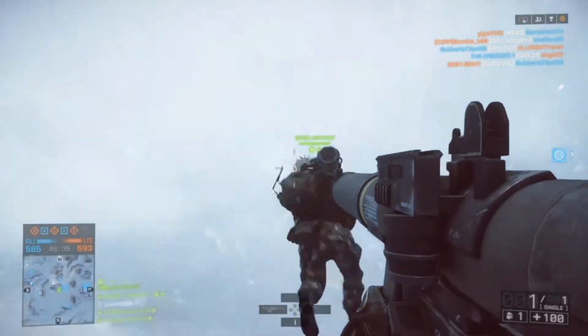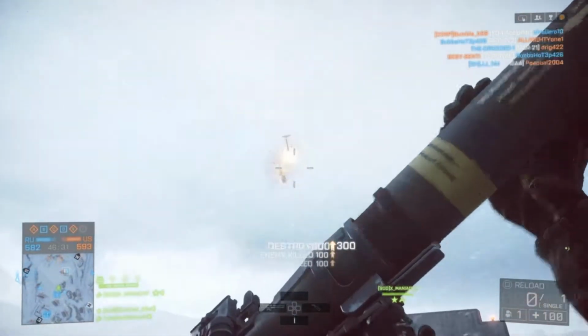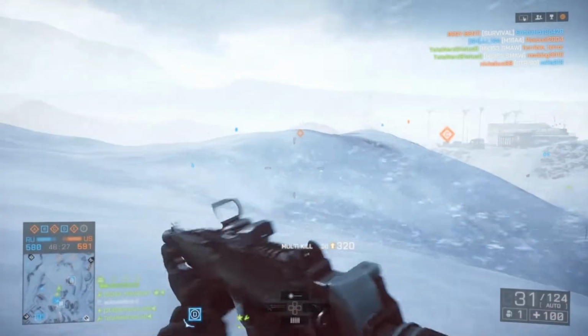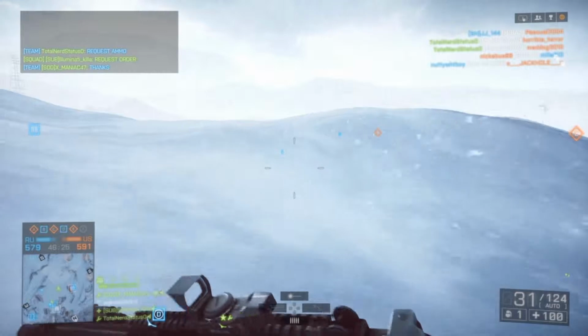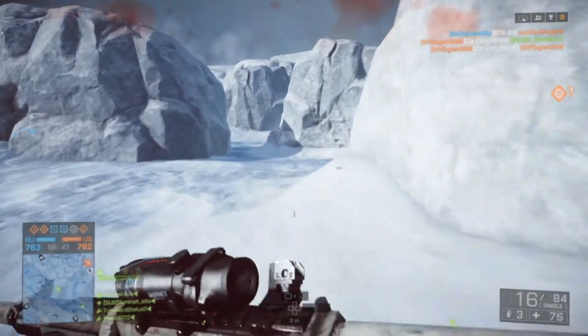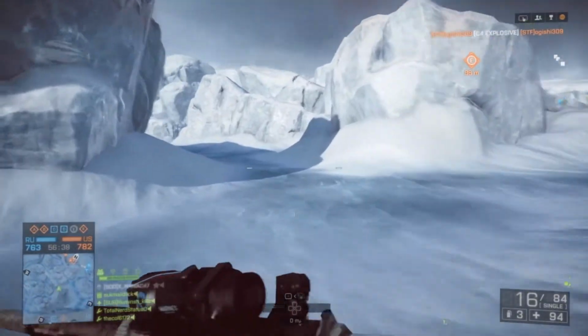It has a bunch of objectives. I love the way the objectives are placed, because it plays out like Battlefield 3, to be honest. The objectives are placed on opposite sides of the map, and they're not too close together, but they're also not too far apart, and there's a bunch of verticality. You can get on top of these glaciers that are all around me,